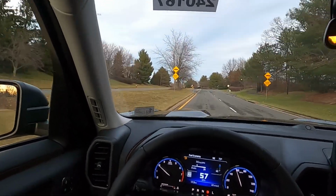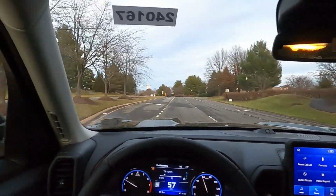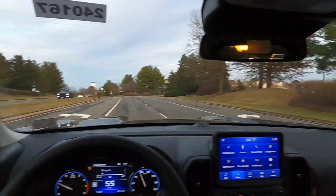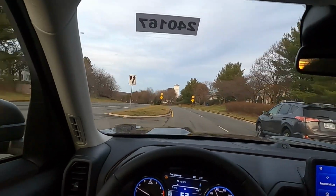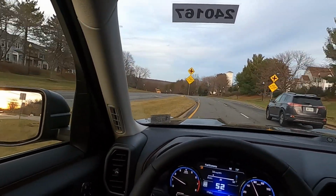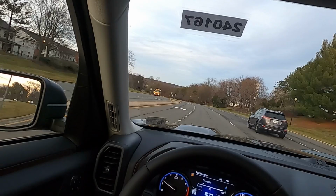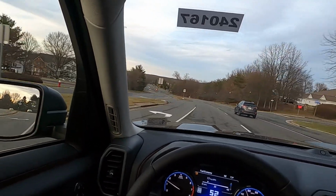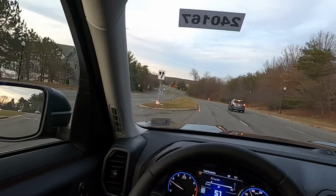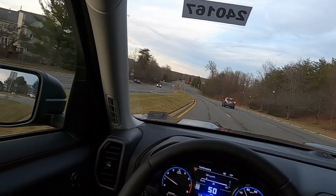And then back into the sound system. The Bang & Olufsen sound system, in my opinion, is definitely worth it. I think it sounds great. It's got great bass, which is something that I appreciate, but it also has good clarity. So I would recommend getting the tech package. I know it comes at an additional cost, but it is just something that, you know, you might want to